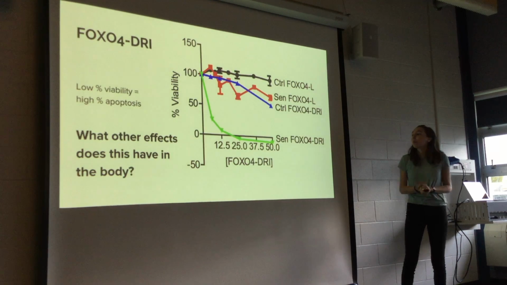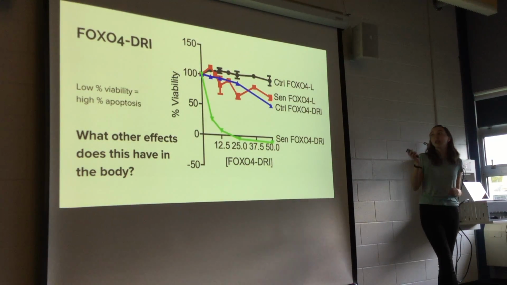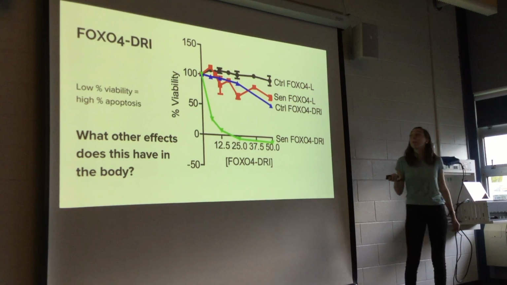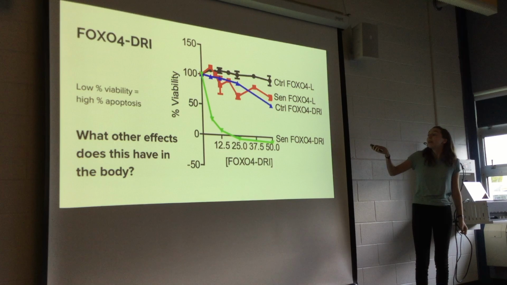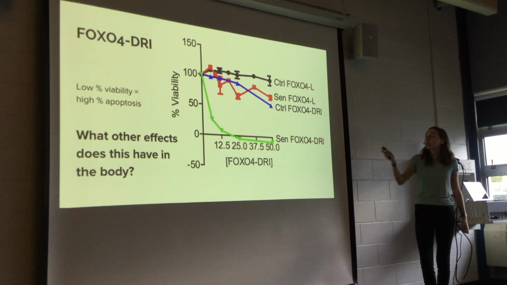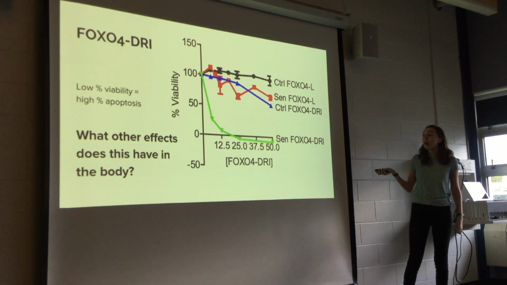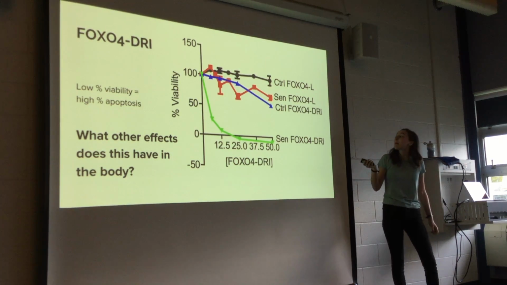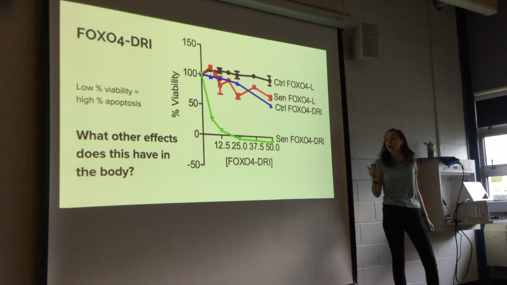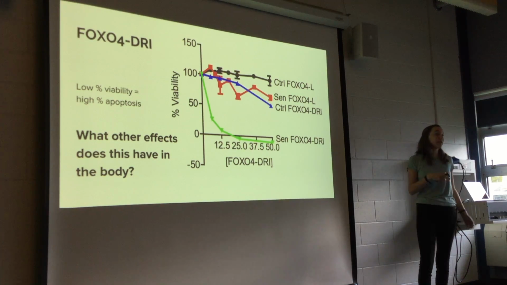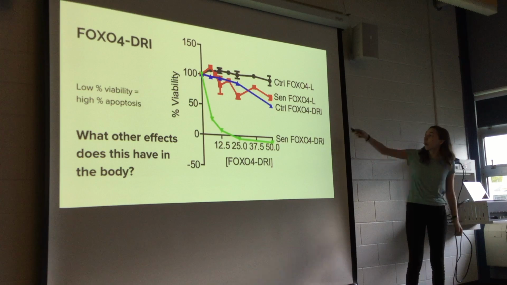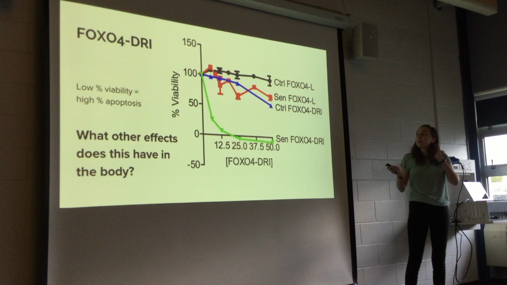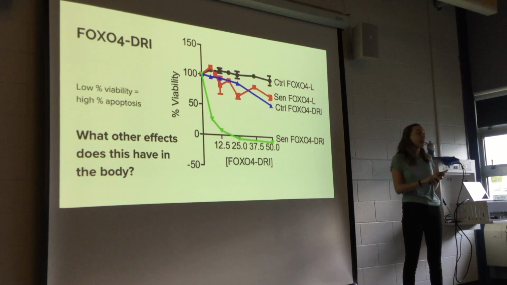So they tested this out. They looked at percent viability. Again, you want the number to be lower because that means a higher amount of the cells are dying off, which is the goal. What they found is that there's a sharp decrease in this green line, which are senescent cells given FOXO4-DRI, which is, again, really good. This means that once FOXO4-DRI was given to the cells, it can, A, kill them off effectively, and B, only kill off the senescent cells. The other healthy cells are not going to have an effect on them. So this means that FOXO4-DRI is effective and selective.